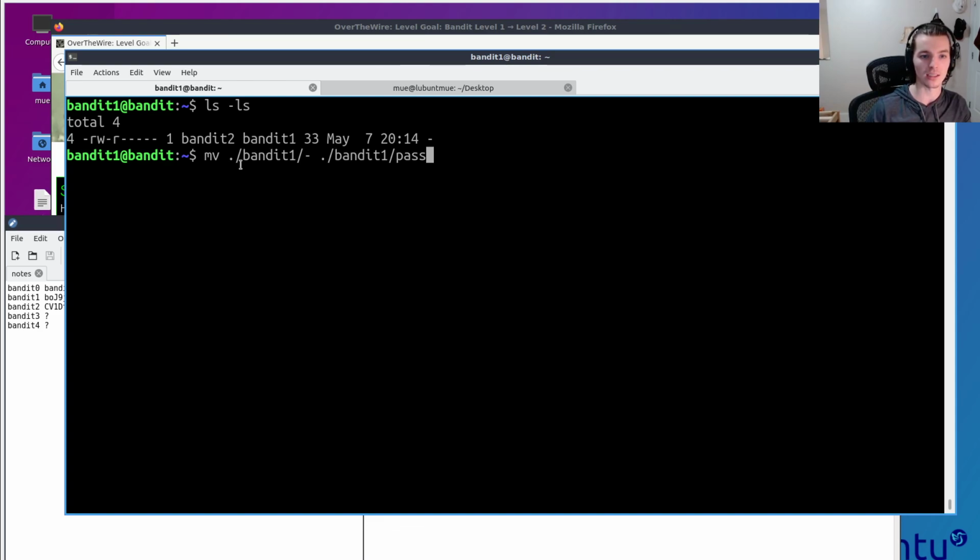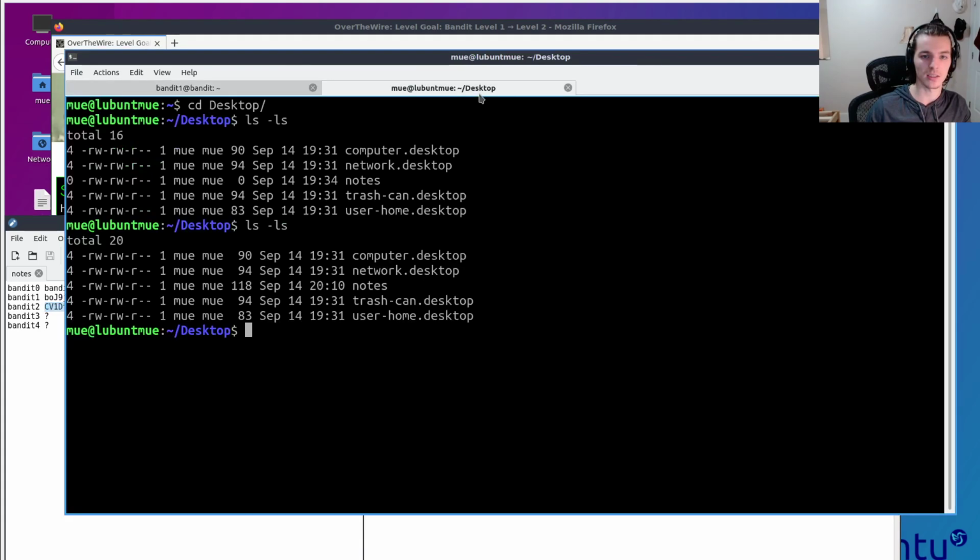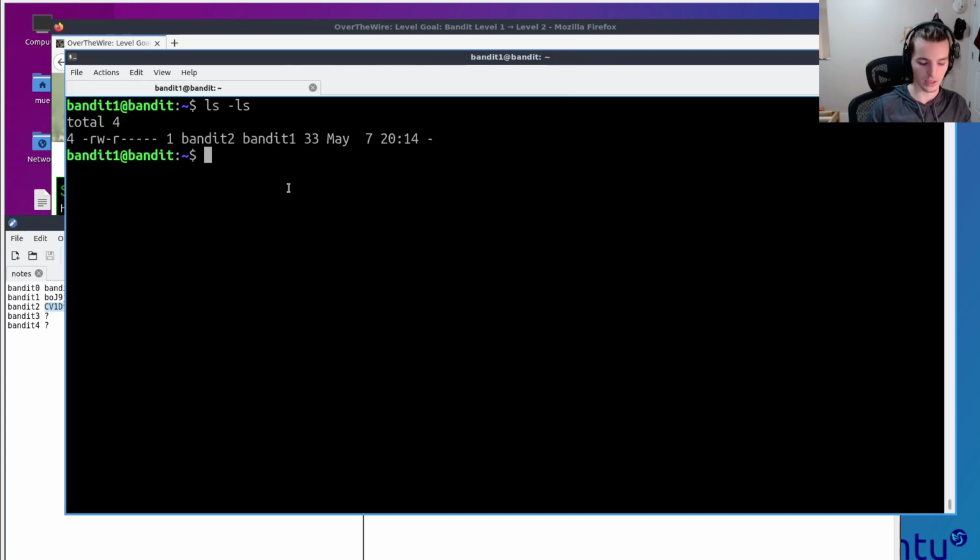So by doing this, where were we? Well, I don't know where it went, but by putting the whole path, we allow it to realize that this is actually a path of a file. So now we have the next password, and we can continue on to the next level. So I'm going to copy this so it's in my clipboard, because I think I've put something else in there since then. And we can exit out again,